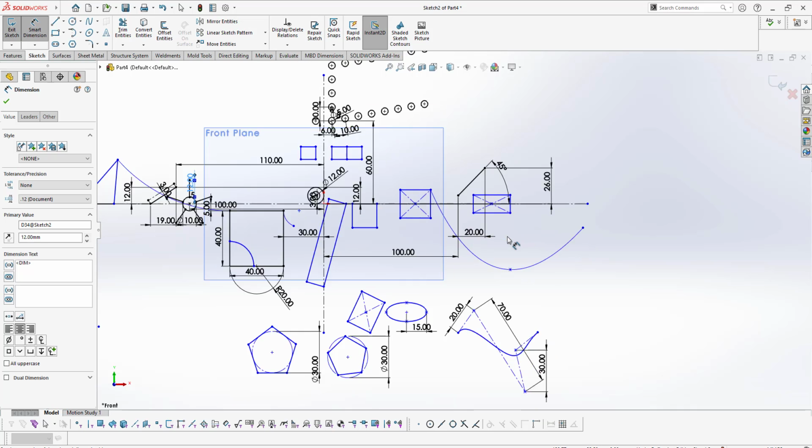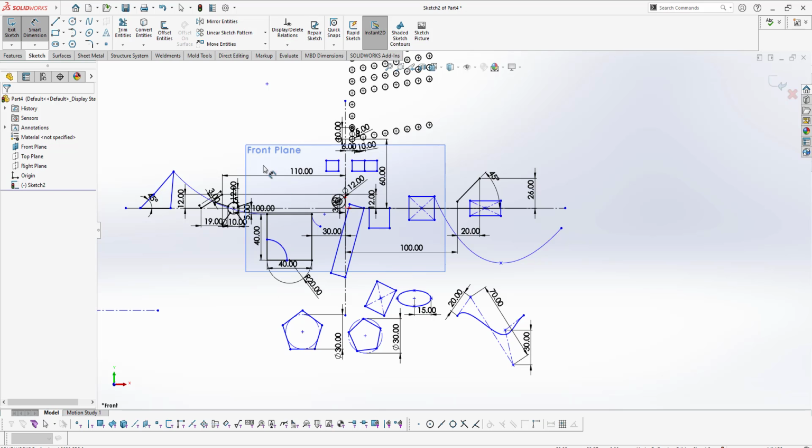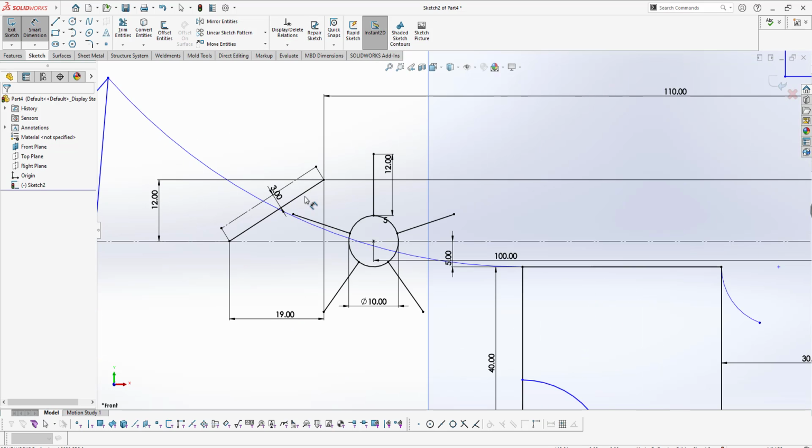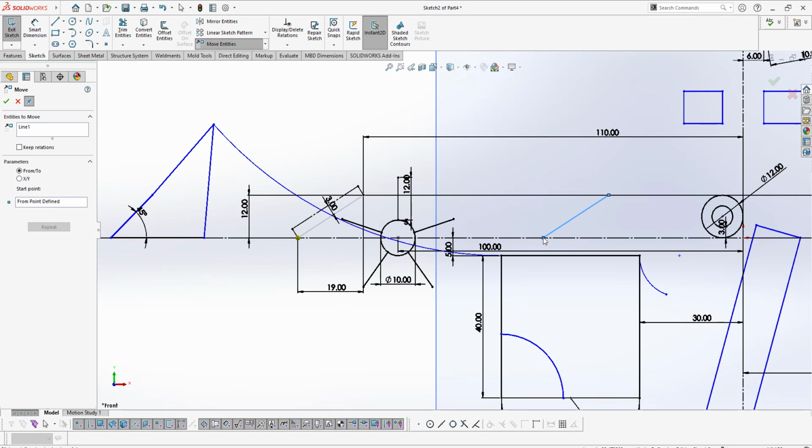So now we covered the major sketch topics. Those are all the topics we need to cover: move, copy, rotate, scale, stretch. Okay, first move. We need to move this sketch. Select move, select the line from here to here. Okay,